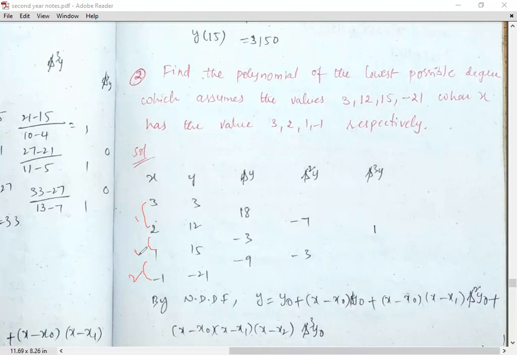So the only way is to use Newton's divided difference formula, for which we first need to form the divided difference table. We use the same strategies. Successive minus preceding of y by 2 minus 3.